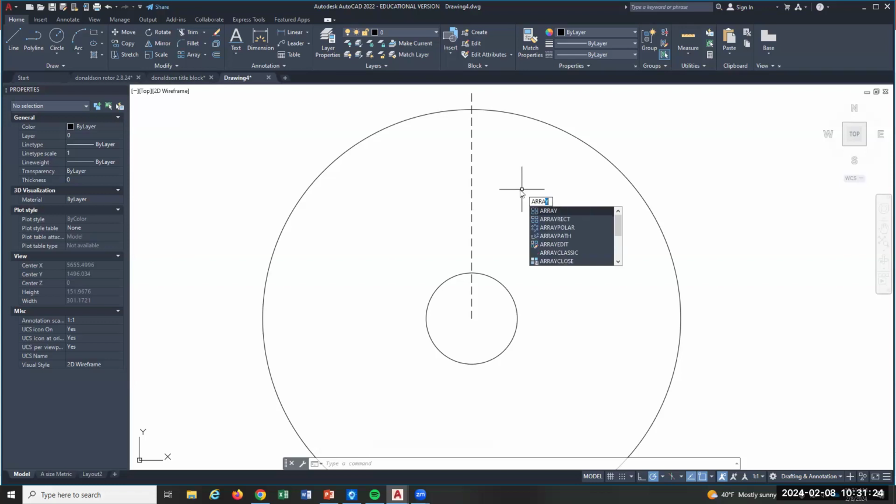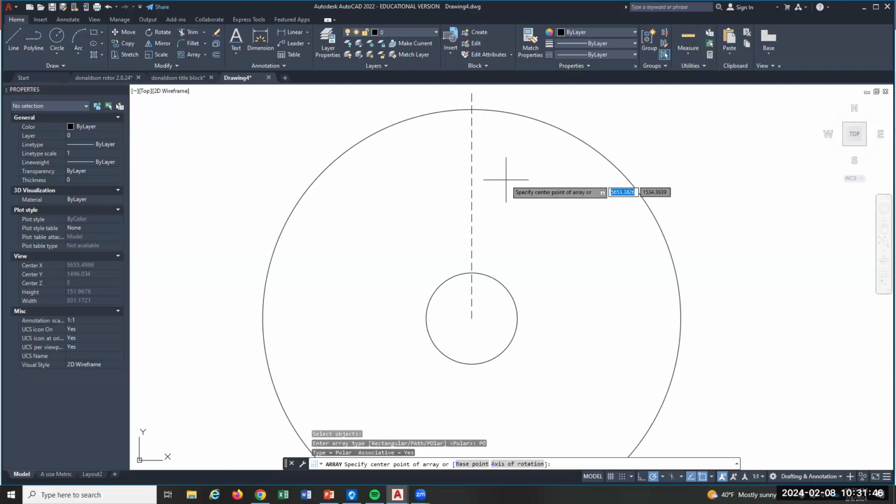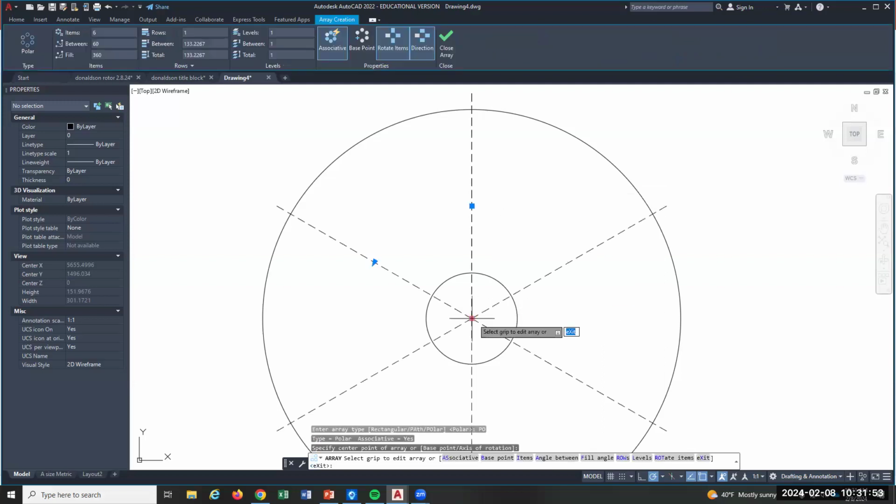So array, it's that thing. It wants to know what you're going to array, so you choose your object. And then it says, hey, what kind of an array do you want? And I want a polar, not a rectangular. Rectangular would be X and Y, keeping it rectangular. Polar would be round, a circle. Then it needs to know the center point, like what's the center of this thing? Once you give it that information, then you get the polar array